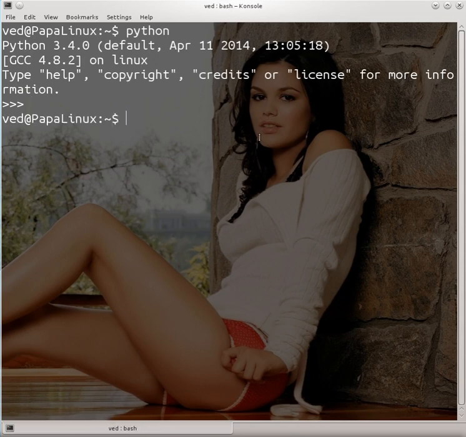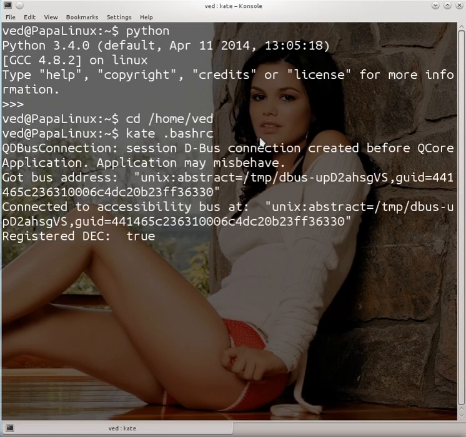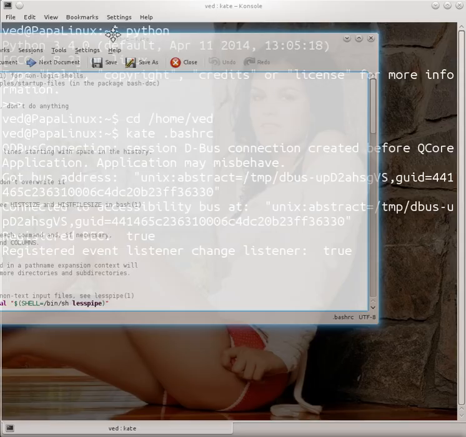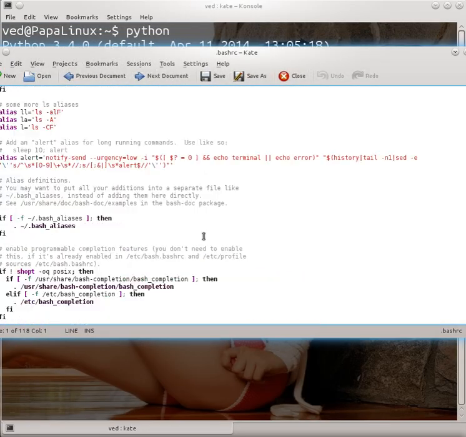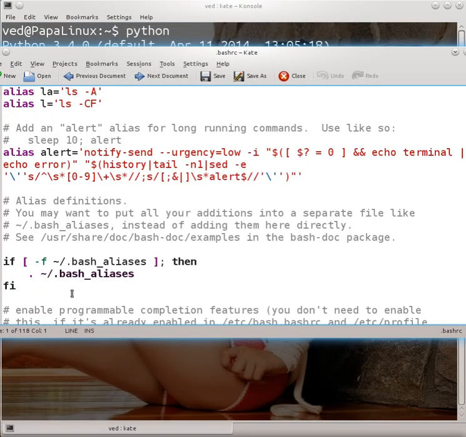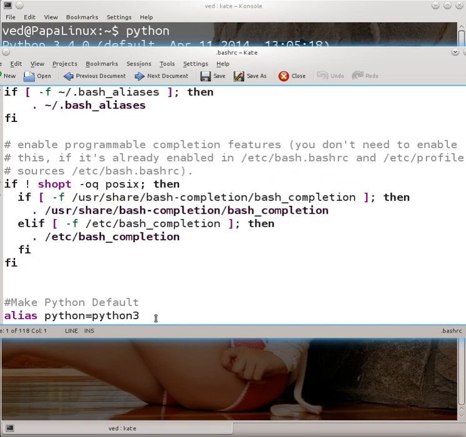Once again, let's navigate to our home directory, and again open that bashrc file with cat. This time we are going to make the alias point to python 2, so that we can run Python 2.7.6 directly with the syntax python.